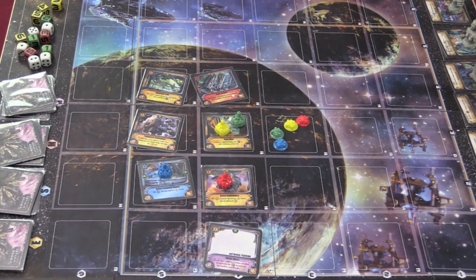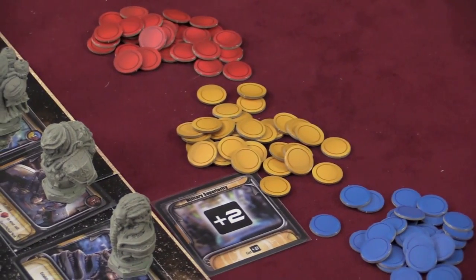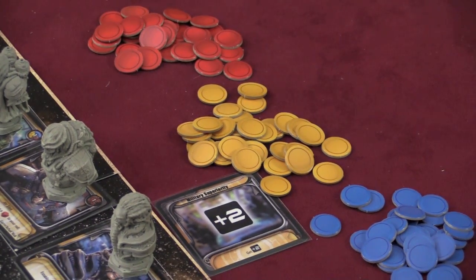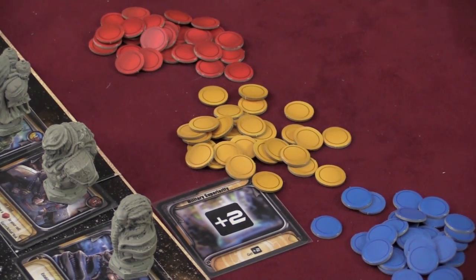Then players are going to get 3 actions each. So each player will take an action, and you go around the table. Now actions can be of various things. You can simply take a resource of your choice. So I need an economic resource. All right, great. I just take one. Now this doesn't happen often, but sometimes you need that resource. You can also